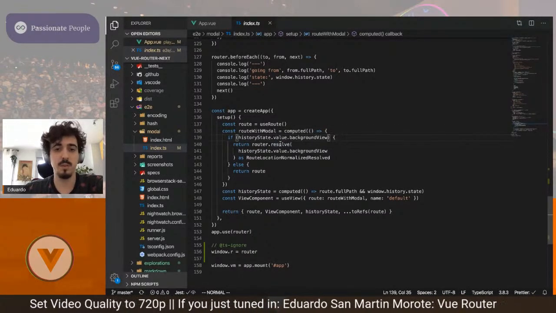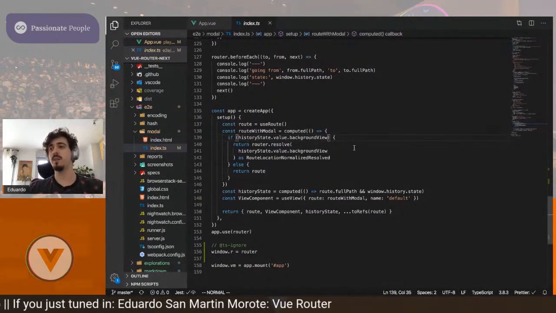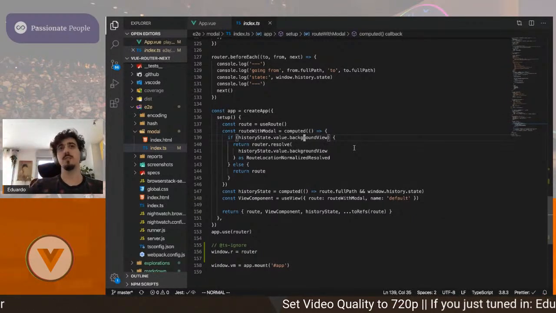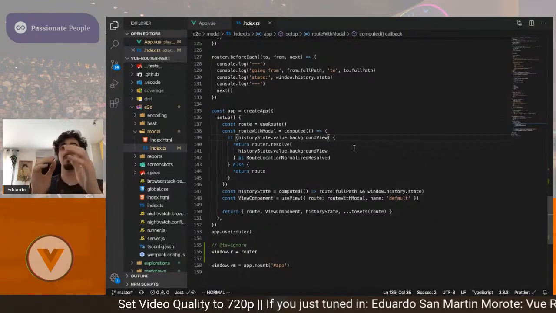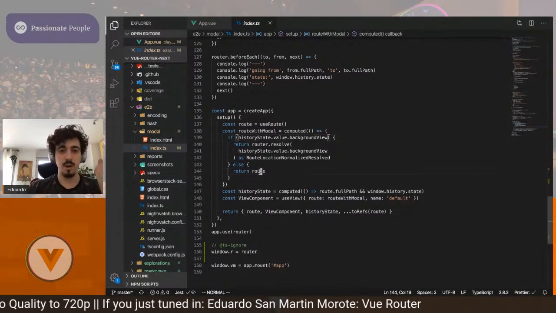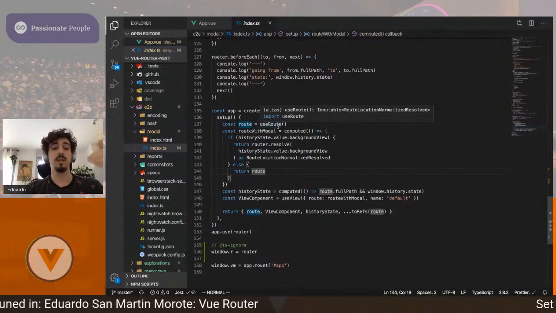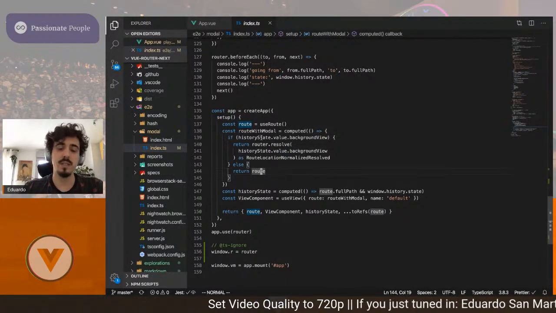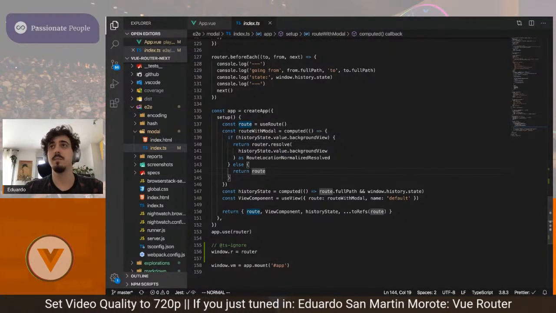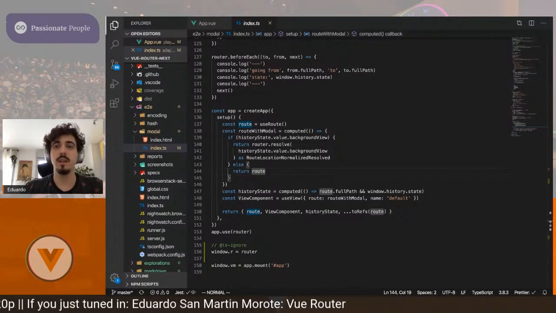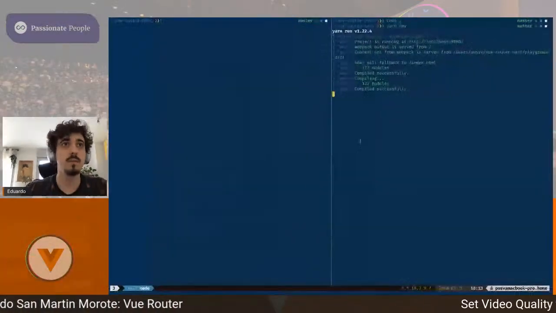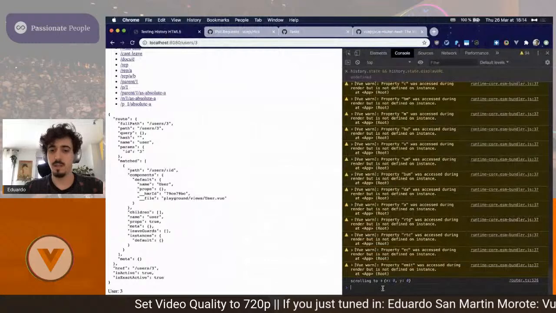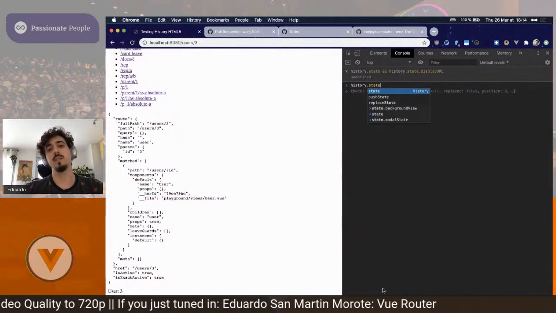And if we have a background view, it's going to resolve that URL, which means that if we have some URL on the global state, but related to the history, we're going to say, okay, instead of relying on the route, which is just useRoute, so it's basically the location we are at, we're going to have a different one. So this history state that you see here is simply a way to hook into the history state.